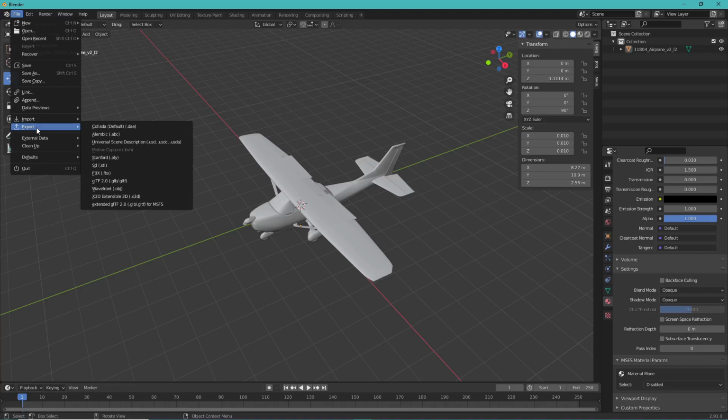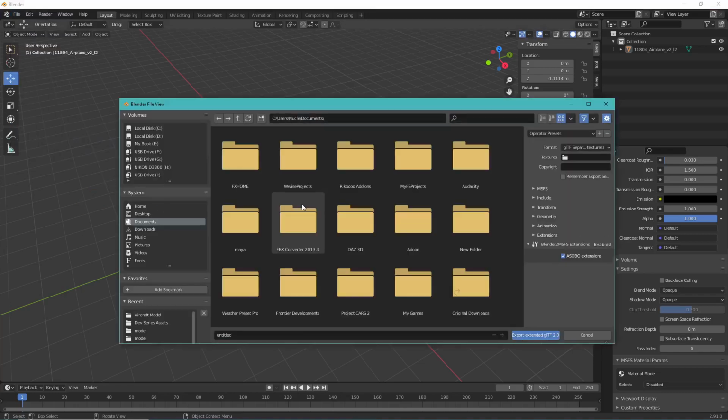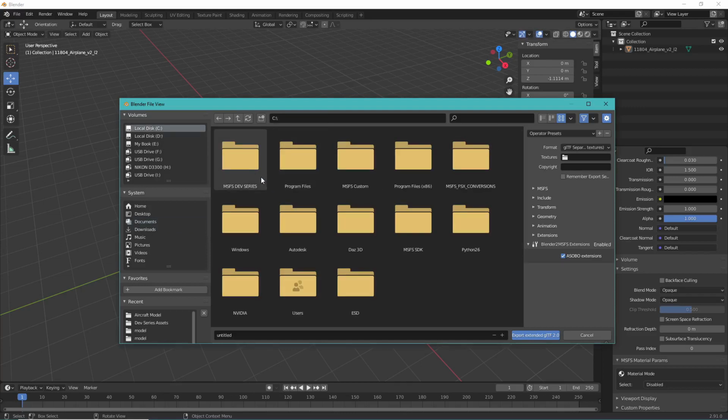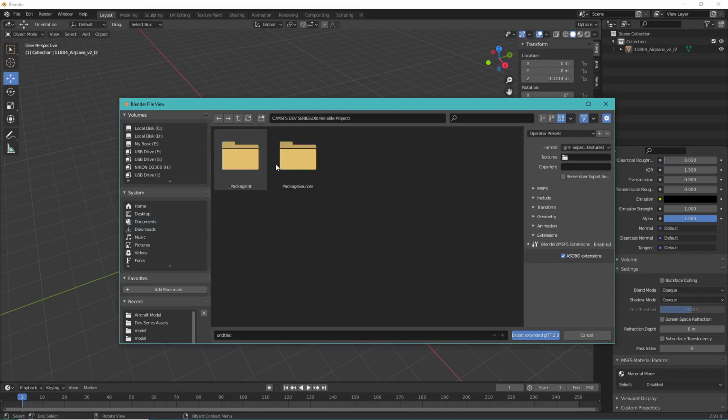So you need to have that toolkit or you're not going to be doing anything with Microsoft development. Next, we're going to go ahead and go to export, go to the extended GLTF 2.0 for Microsoft Flight Simulator, which is also part of this toolkit, so you're going to need that toolkit. And let's go ahead and go to our C drive, where we put our dev series, our old reliable project, our package sources, sim objects, airplanes, old reliable aircraft into our model folder, and we're going to be clicking on this